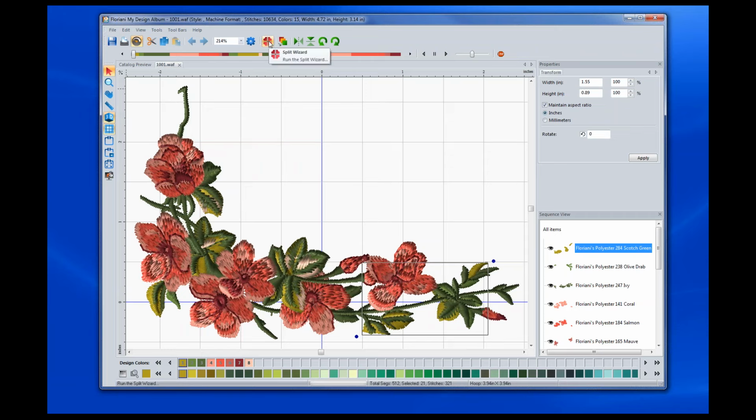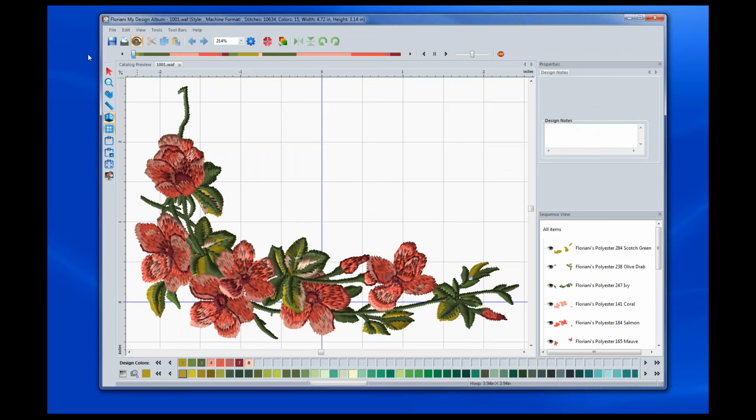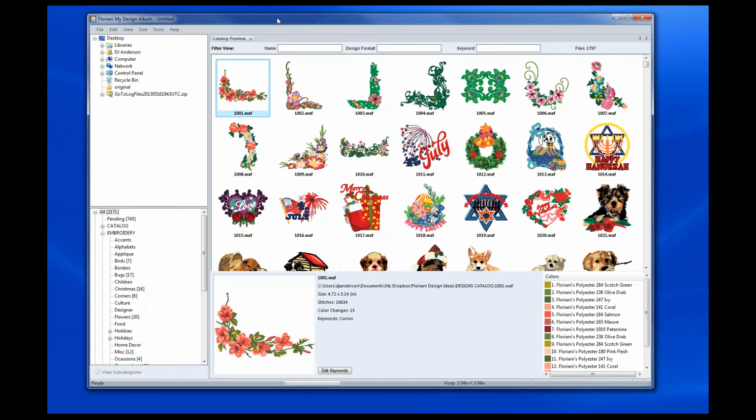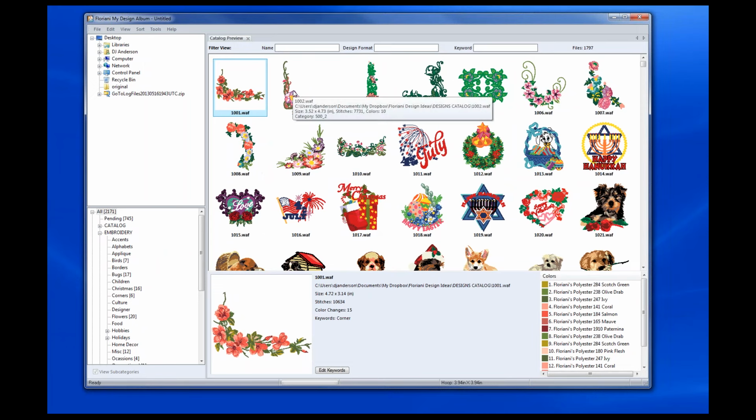There are features like splitting designs. I can do a slow redraw of the design. And you have a lot of different options with it. Fit to hoop, selecting a hoop. So it's a really neat program. And I don't want to go into too much with it, just to let you know that there is a new program out. If you want to see a little bit more on it, you're welcome to go to the